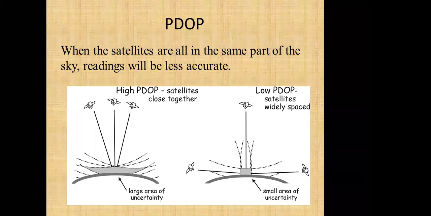And if the satellites are very close together, then the measurements will be linearly dependent on each other, and the uncertainty area will increase. So the satellite constellation for any navigation system is chosen in such a way that the PDOP for any user at any location should be as small as possible. In case of a satellite failure, PDOP will increase. Next.